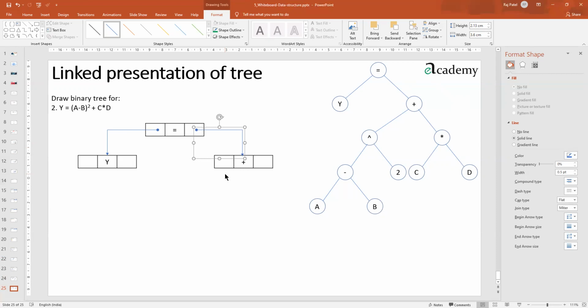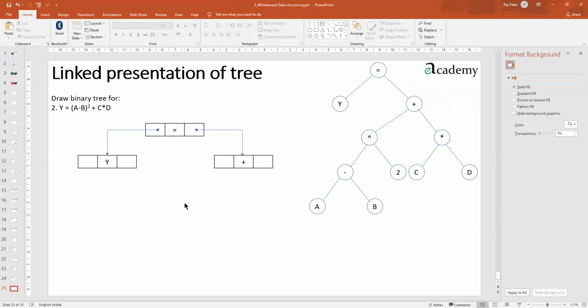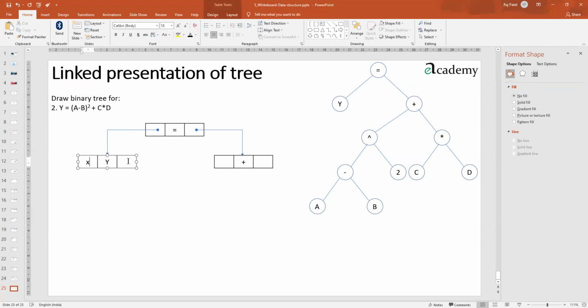Yeah. So this way we can do this. So here you can see I have connected both of them. Now I have to go on doing this thing like this only. And in case Y does not have any tree further, I can put a cross here. Okay, it is that easy.